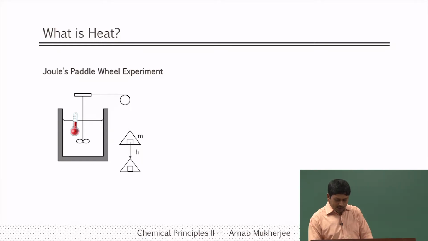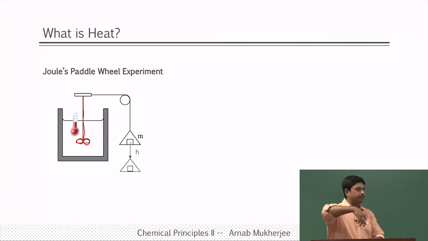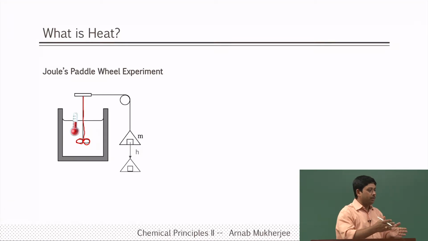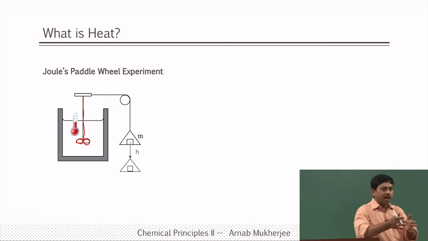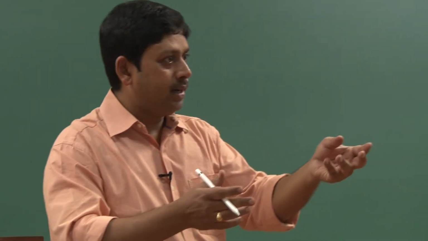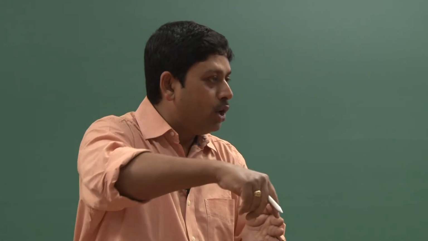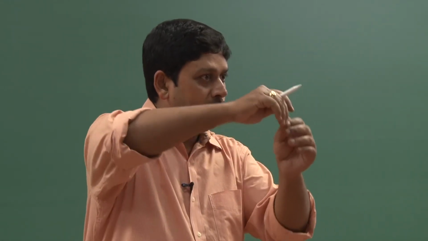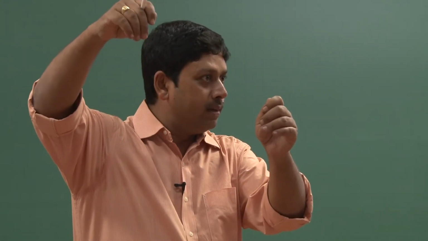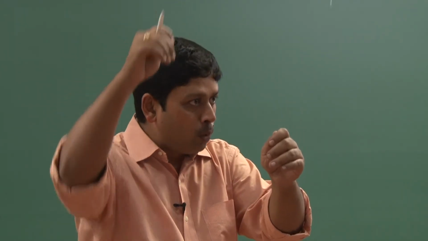He took, let us say, a system of water in which there is a paddle, like a fin kind of thing which can rotate. You remember when you cook dal and it does not get boiled properly, then you do that, right. That kind of arrangement is there along with a pulley,